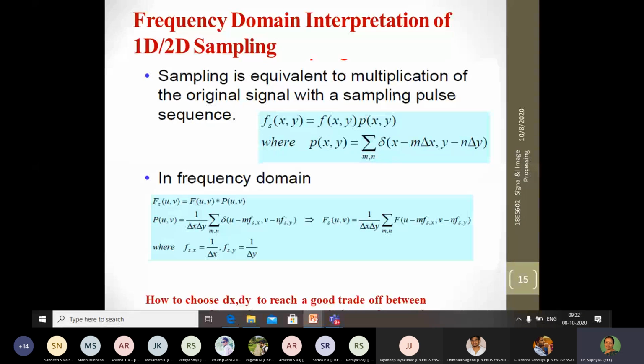So considering this and multiplying the two values, we would be getting it as delta u minus m into fsx into v minus n fsy, which would result in, because this is just an impulse which is multiplied with an impulse F(u,v), it will just give you F into u minus m fsx, similarly v minus n fsy, where as usual fsx and fsy are equivalent to 1 by delta